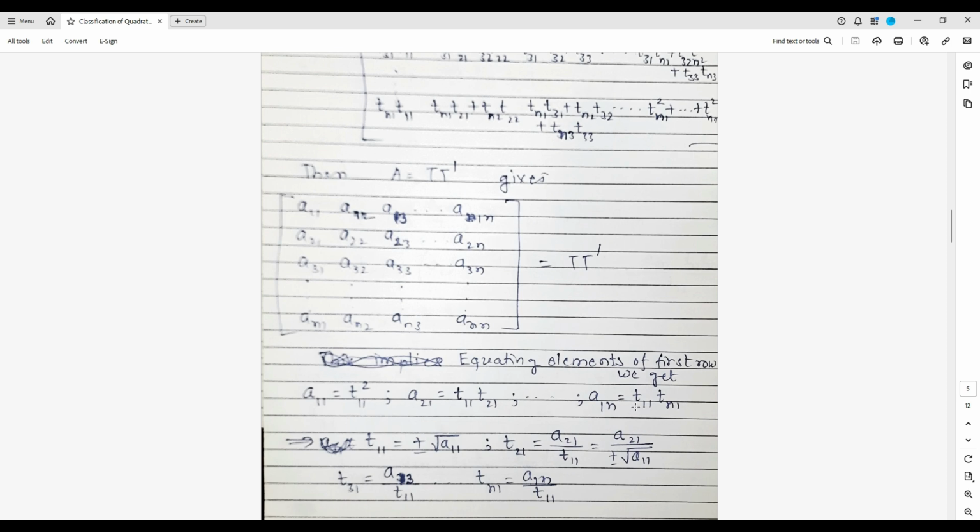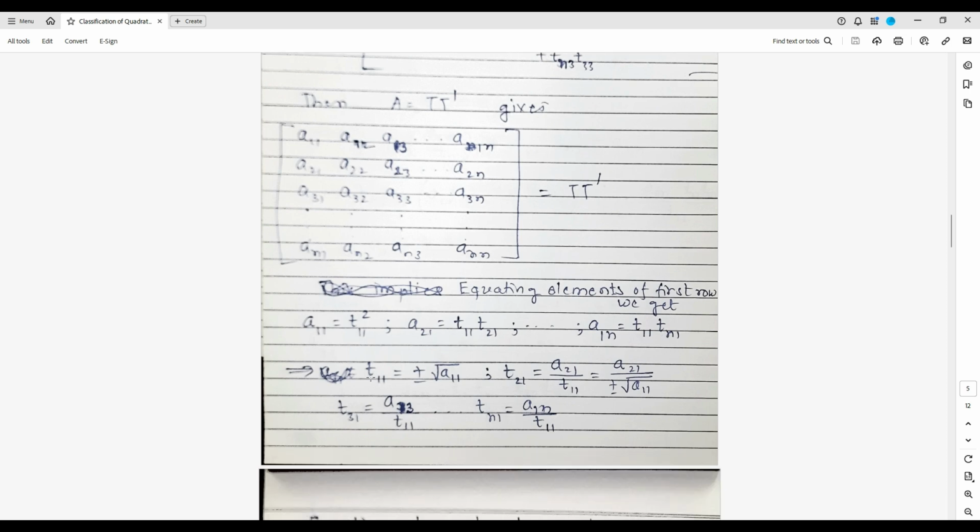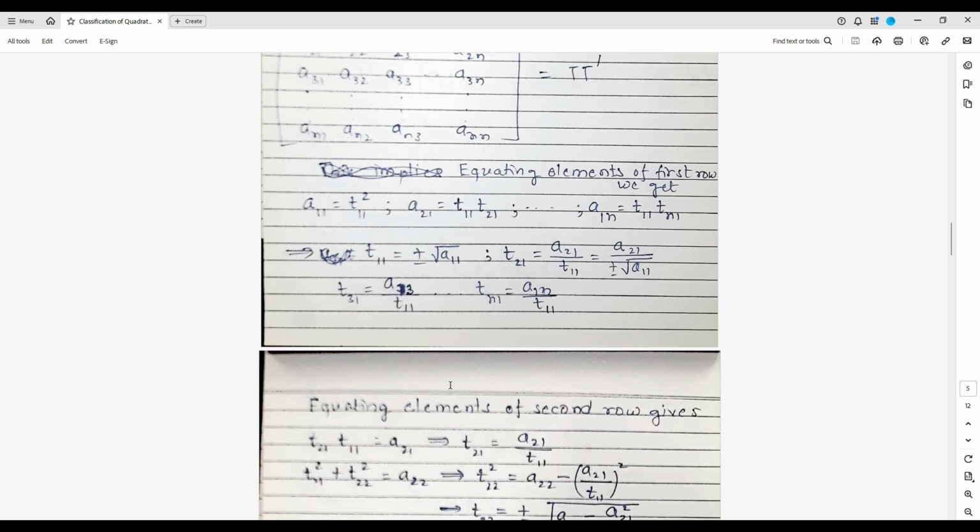So we can take this root to this side and we can get the expression of the first row of matrix T by solving these equations like this. So T11 is plus minus root A11, T21 is A21 upon T11 and so on. Because we can take either plus or minus root, this Cholesky factorization is not unique. It is still possible to have minus root of A11 or plus root of A11 and still it will be true. But by default, most of the textbooks consider only the positive root